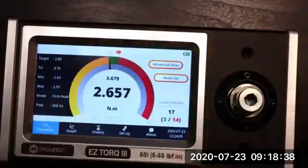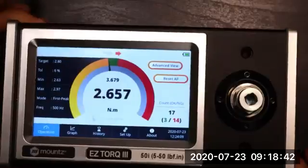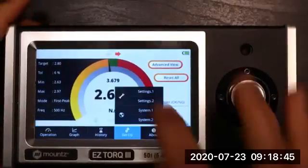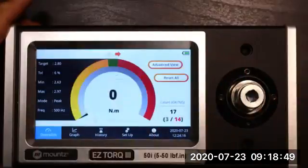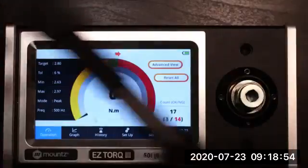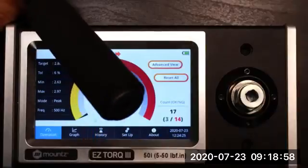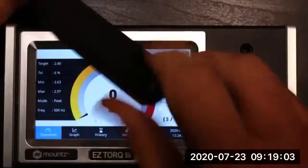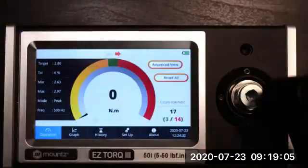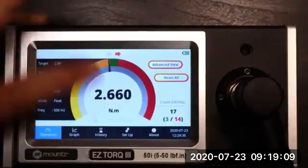So with the CamOver tool, I'll go ahead and set the analyzer back into the peak mode. And again, this is going to measure the highest peak torque that is available. There is an end cap on the back here. We set the torque with an Allen key, and then the locking mechanism inside here will hold that specific torque for us. But as I pull on the wrench,